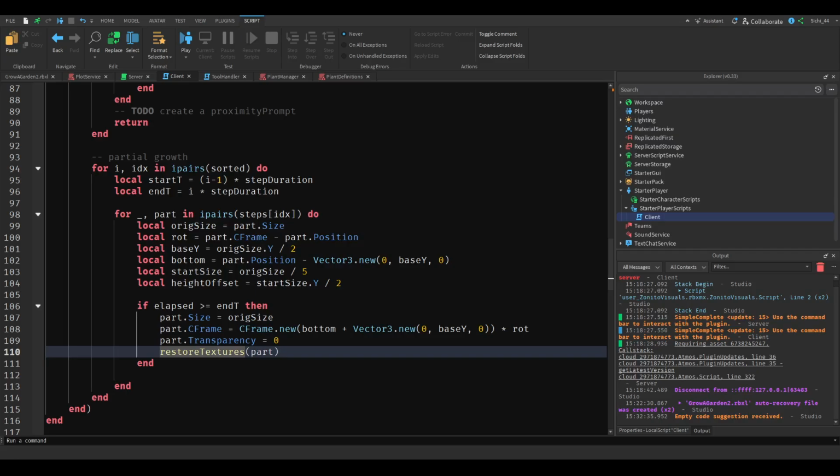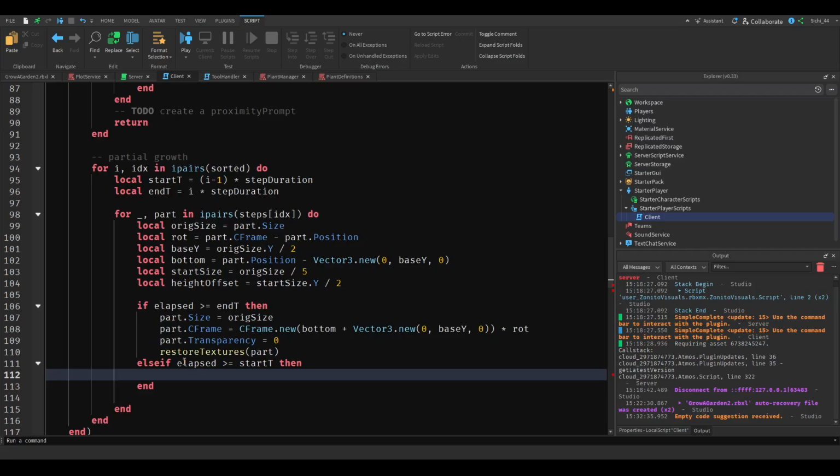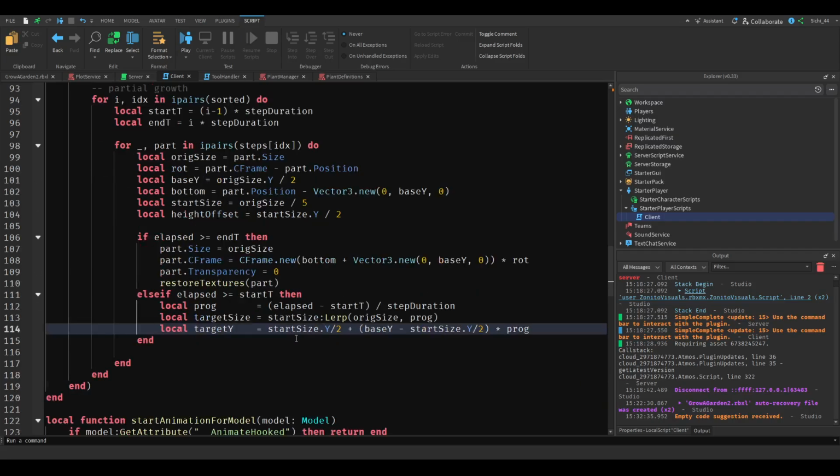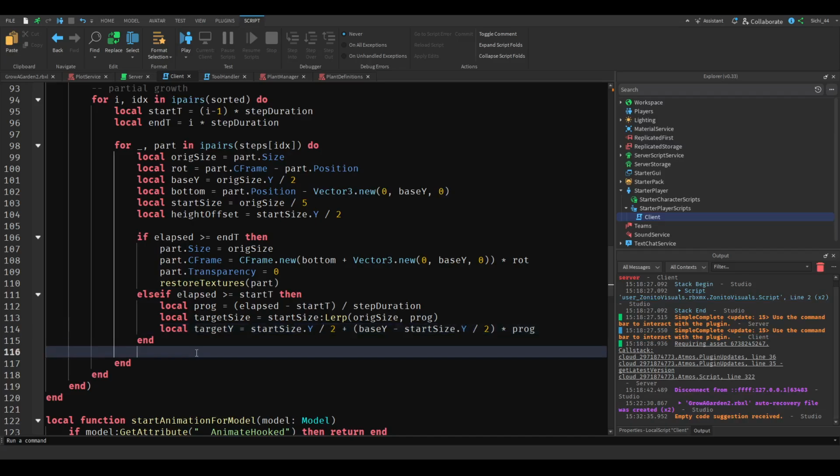And then what we want to do is check if the elapsed is bigger than the start. Then we want to get the progression and some other things. So the progression, the target size, and the target Y. I know this is kind of hard to follow, but the video is going to be too long otherwise. So you can just stop and copy the writing. And yeah, then we want to